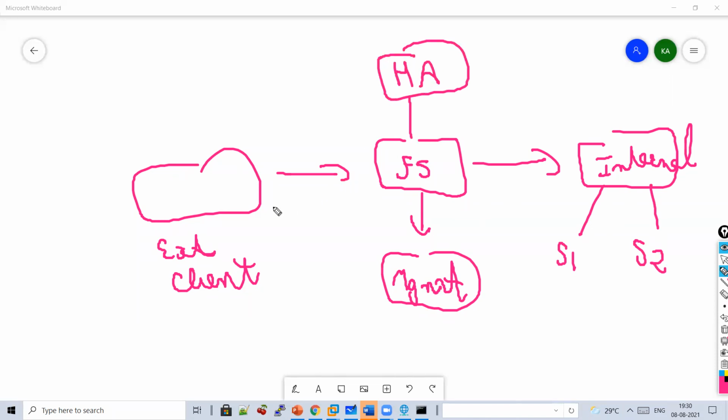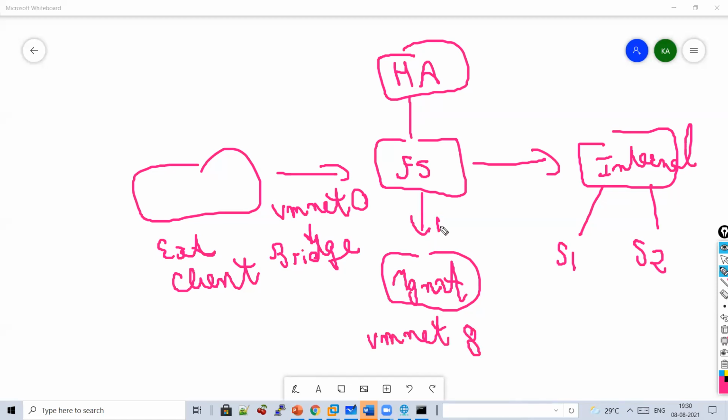So my external network is part of VMnet 0, and you will select it as bridge network. My management network is a part of VMnet 8, and the subnet which I am assigning is 192.168.137.0/24.